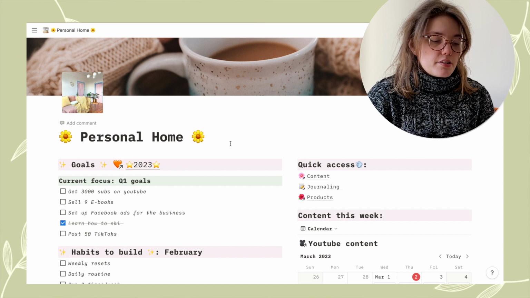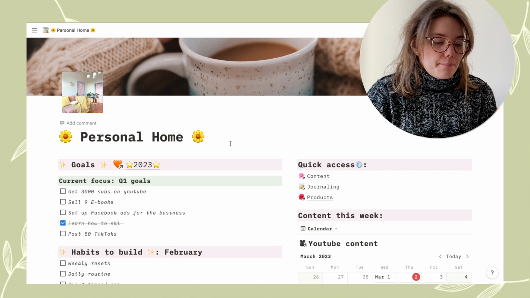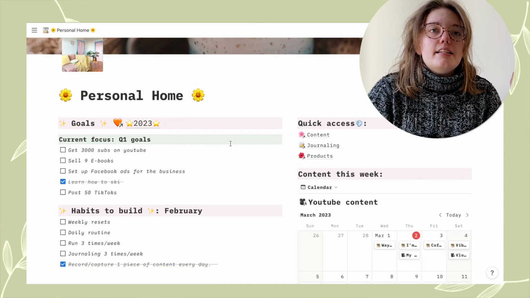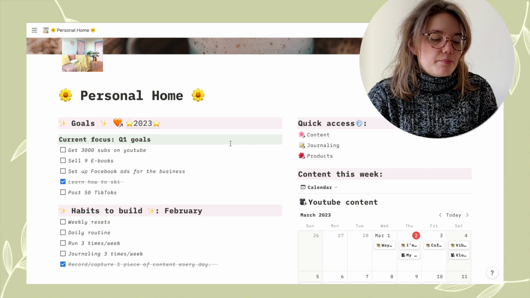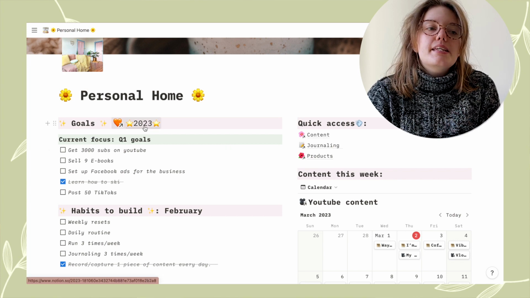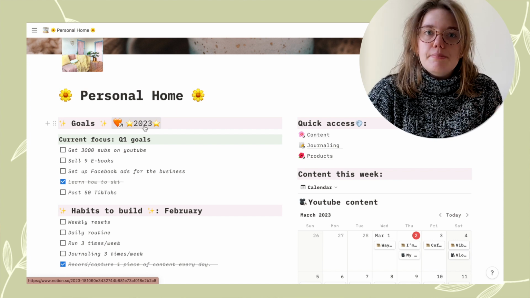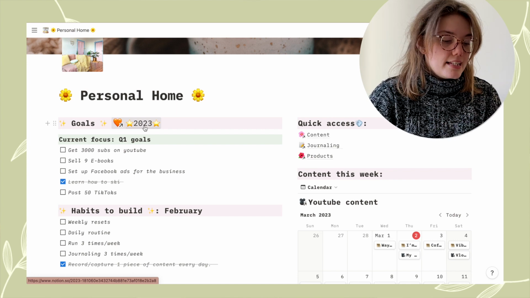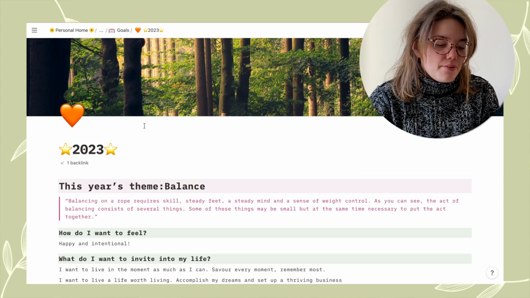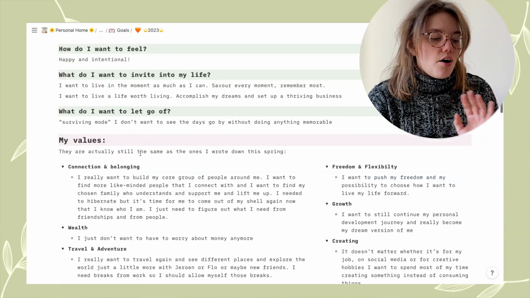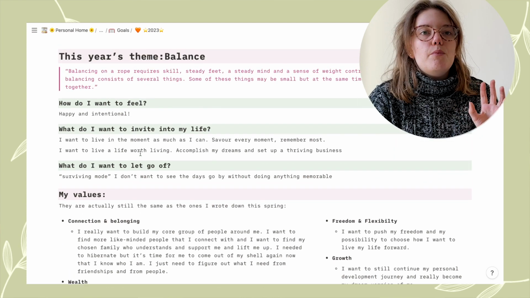There's some older parts of my Notion that I don't use anymore. But the main thing that I started using my Notion for is for goal setting and to really develop the life that I want to become and to create my dream life, which is also at the basis of the Studio I brand. And I do that in my Goals 2023 tab, where we can find all of the things that I want for this year.